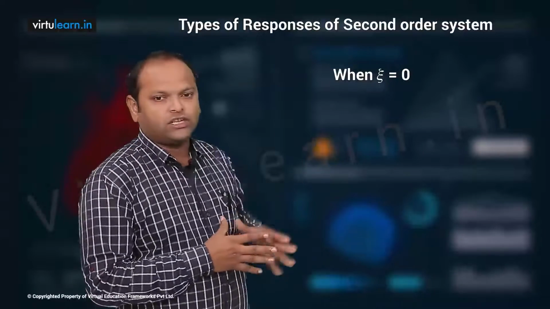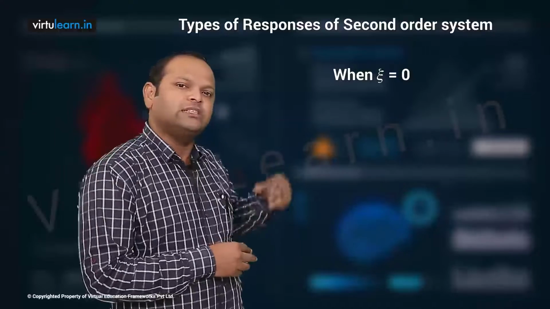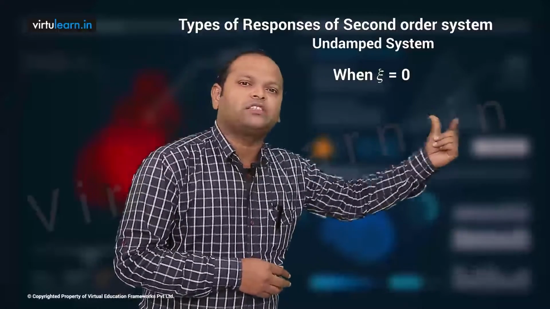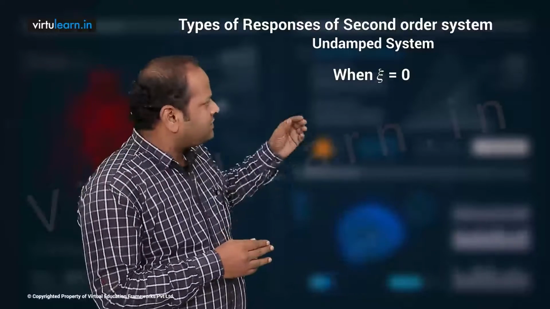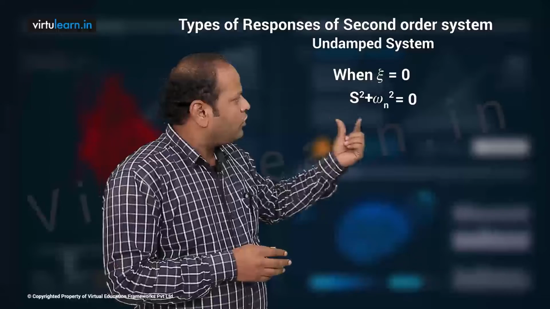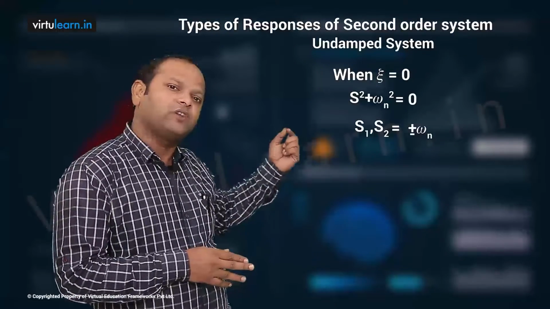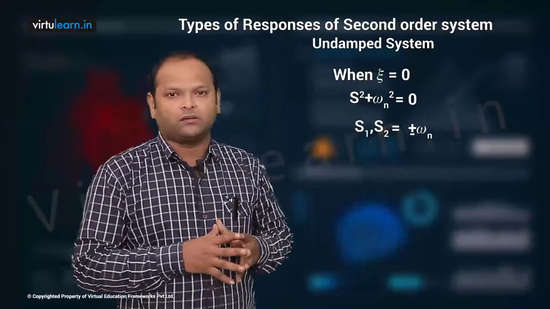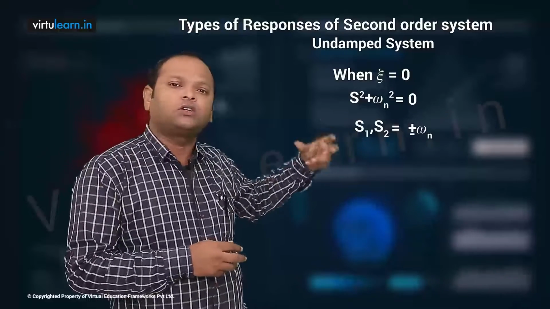When zeta is 0, look at the characteristic equation. It is s square plus 2 zeta omega n s plus omega n square equals 0. When you substitute zeta 0, it results in s square plus omega n square equals 0. So what are the two roots? S1, S2 are plus or minus j omega n, which means I have two poles or two roots on